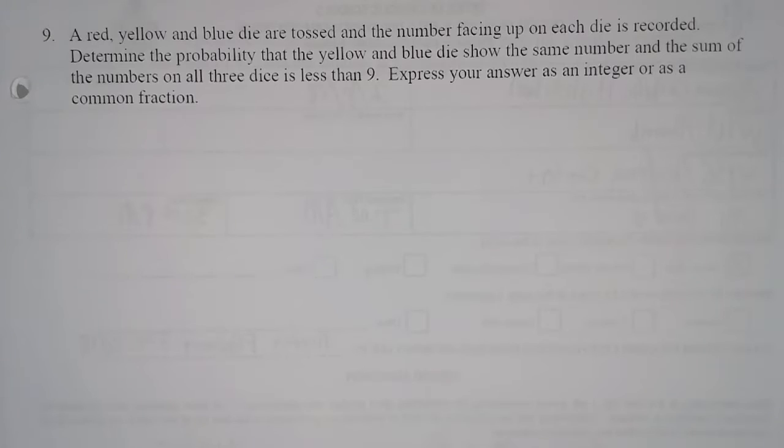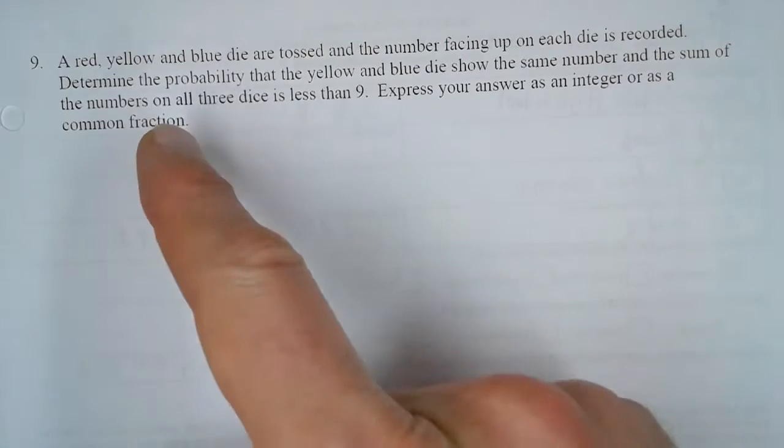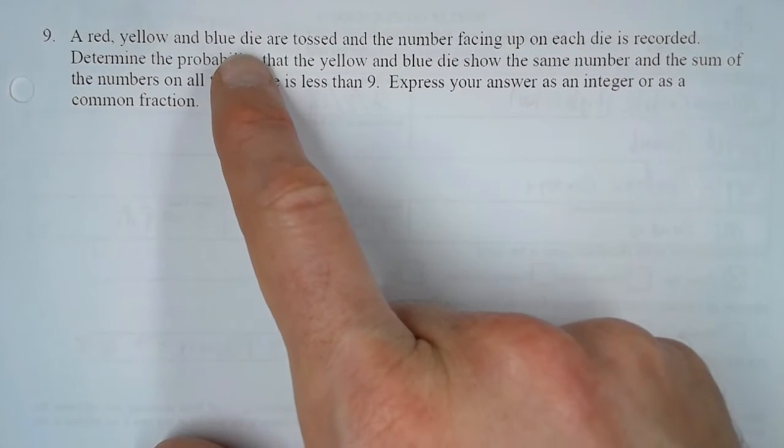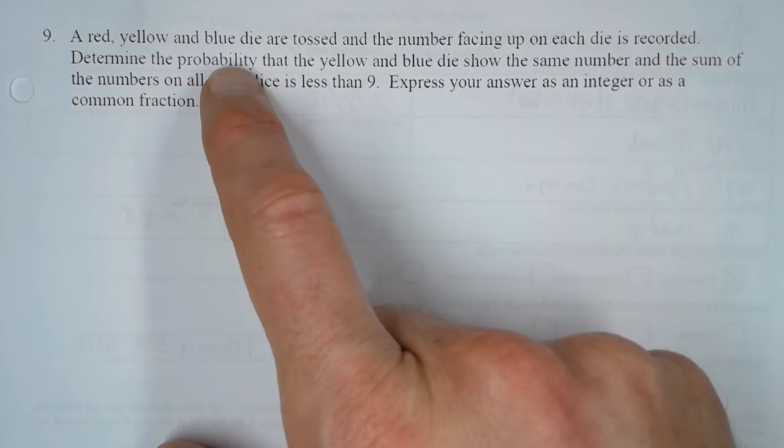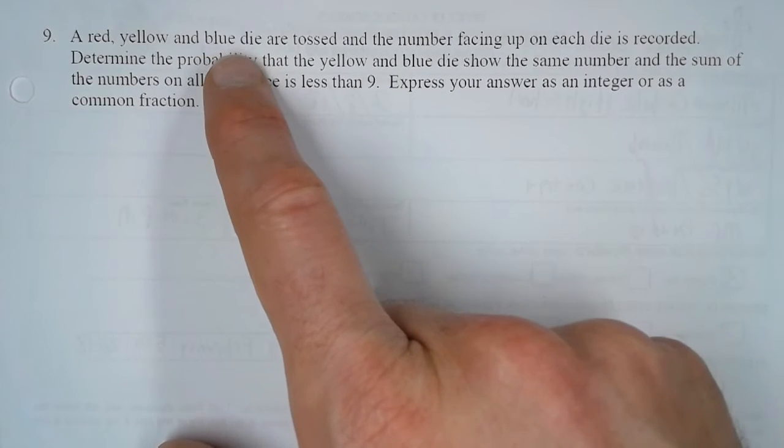In this problem, they tell us that a red, yellow, and blue die are tossed, and the number facing up on each die is recorded. Now, they're assuming a six-sided die. They don't say that, but they're just assuming a cubical six-sided die where each number 1 through 6 has an